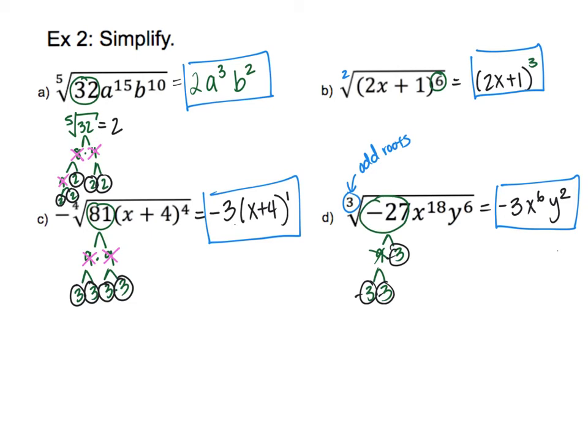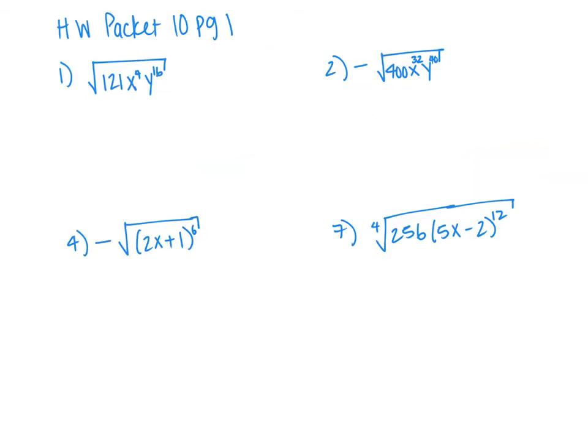So in the next slide here, I'm going to do 4 problems from the homework and then try to do the rest on your own. Alright, so I picked out 4 problems for us to try. I picked out 1, 2, 4, and 7. So let's start off with number 1 here. Number 1 will have this square root, right? Because this here is just a square root. So technically, the number that's outside of here is a 2. So we have to take the square root of